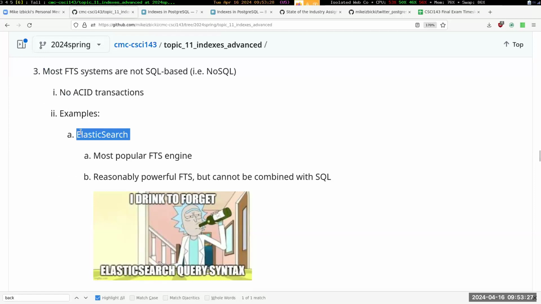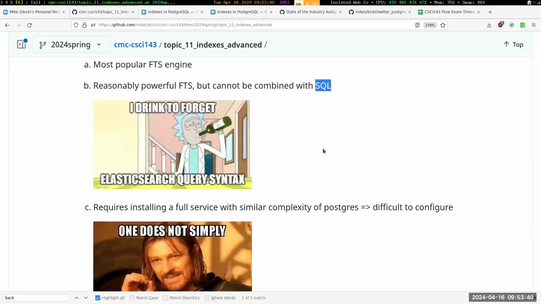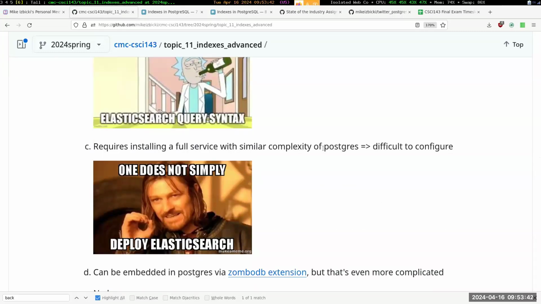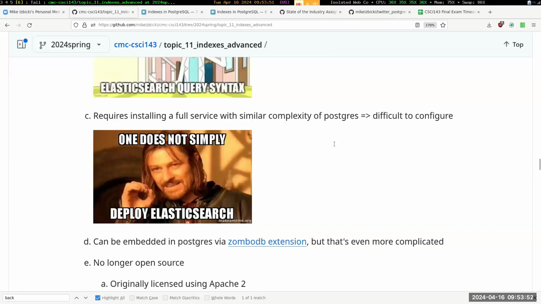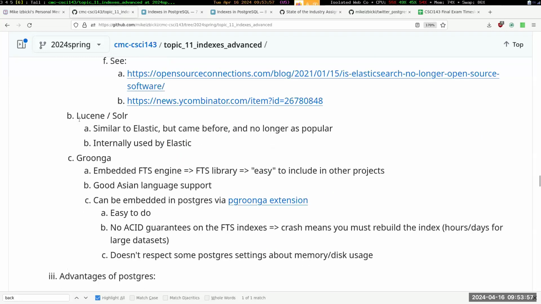Some popular ones here: Elasticsearch is the most popular one. But again, it's not SQL syntax, so it's its own standalone thing, hard to remember, hard to use, and hard to set up. It's more complicated to get set up than Postgres, getting your ports and whatever else you need set up with Docker Compose. I'll skip over those and just highlight a couple of other common solutions: Lucene, Solr, Groonga, other popular